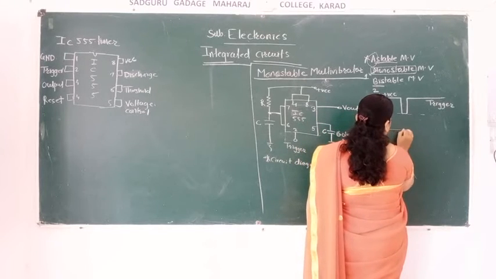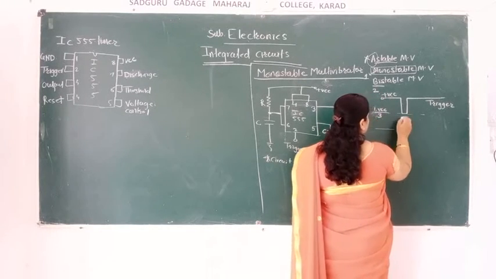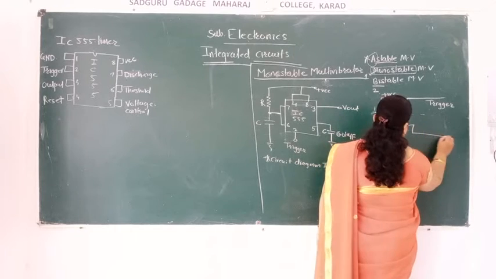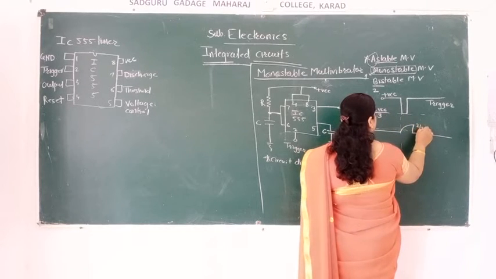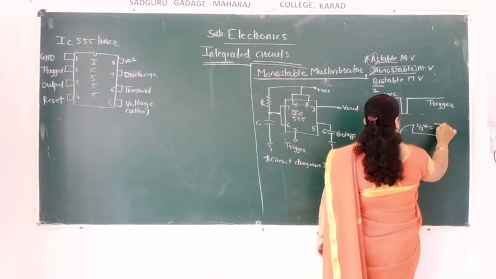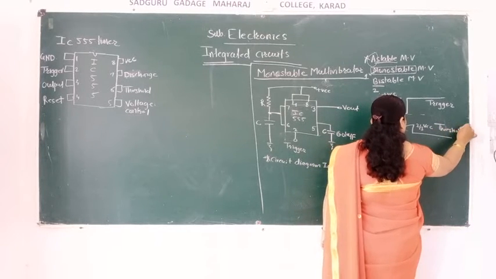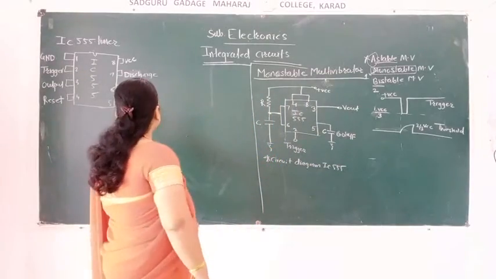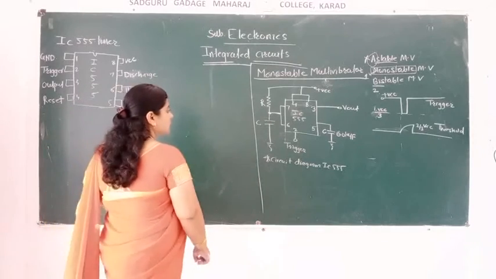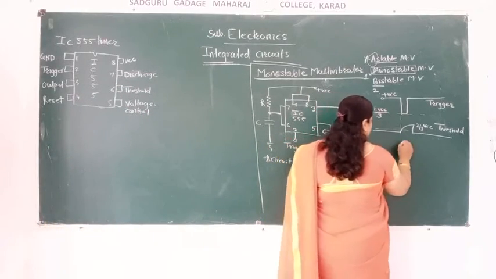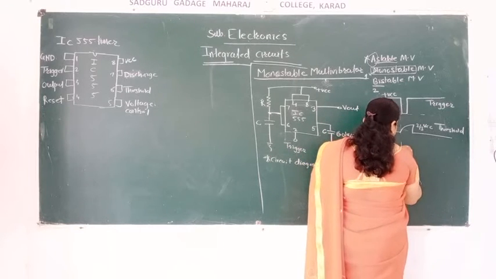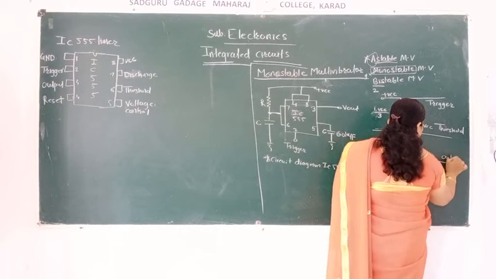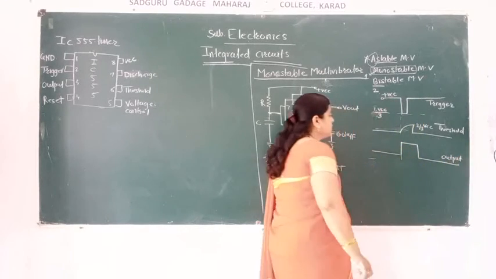Then what happened? See, if it is like this, then it should be 2/3 of VCC. This is the threshold voltage. This is the threshold. So the threshold should be 2/3 of VCC, that we have seen in the circuit diagram, and I will draw the diagram also. So at that time what happens? See, the output is in the charging state first, then it will be in the discharge state. This is the waveform for the output. How it works, we will see later on.